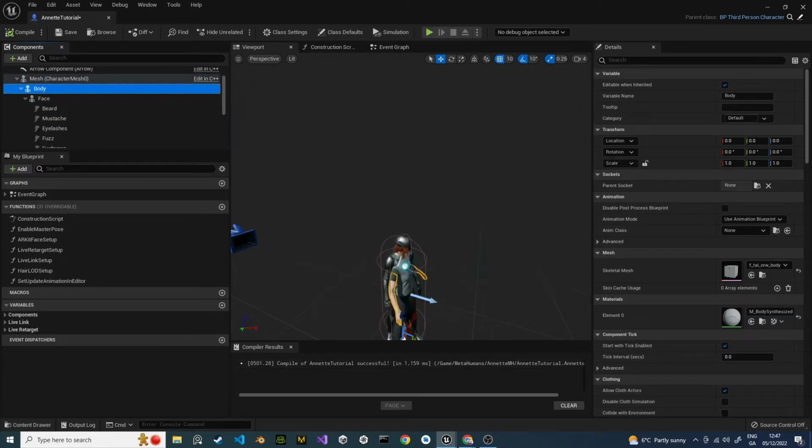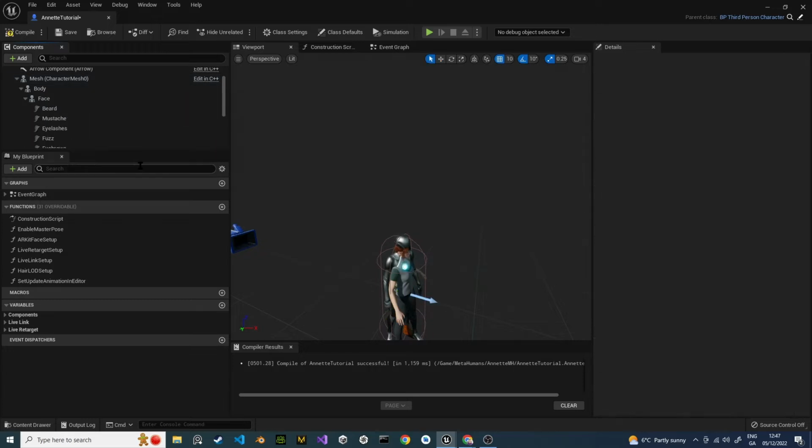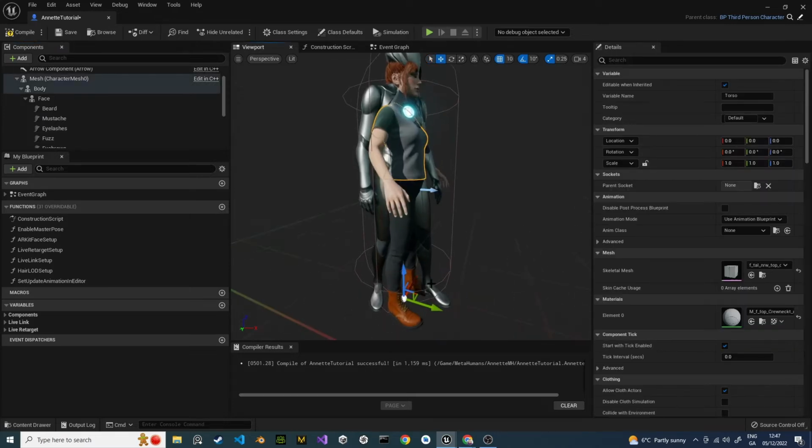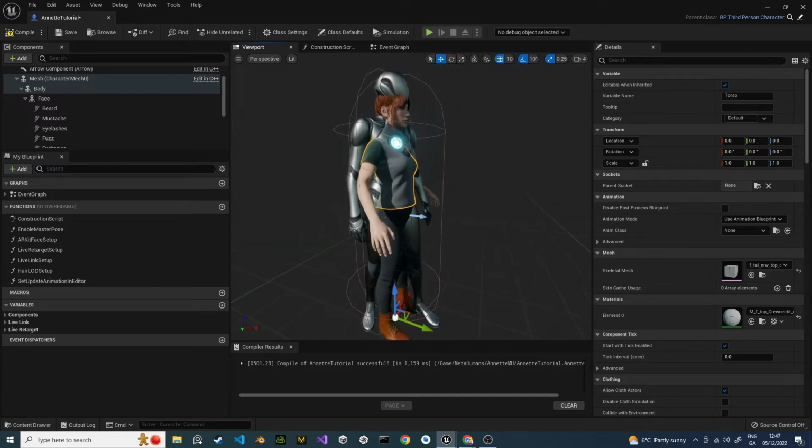She'll snap down and she'll be in the same position and rotation as that character. Go ahead and delete the root, you're not going to need that. Now, in order to get this any farther, you're going to notice that she's not animated and she's not matching that pawn whatsoever. So compile it